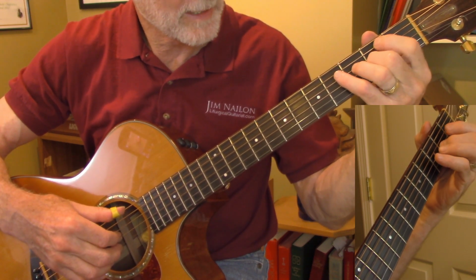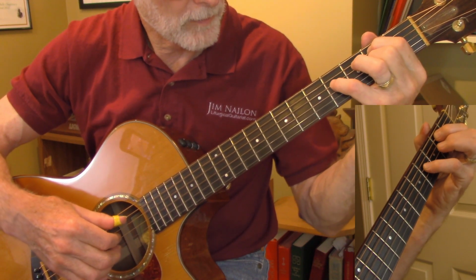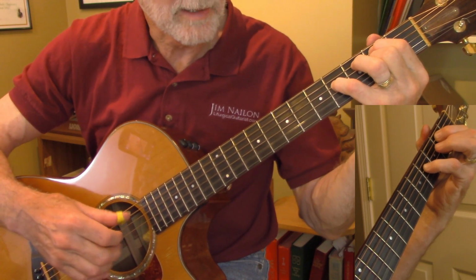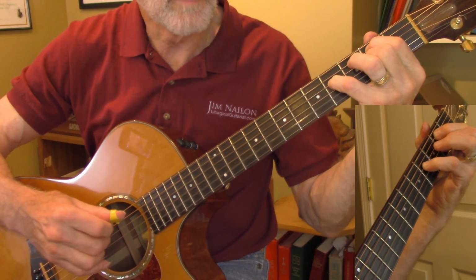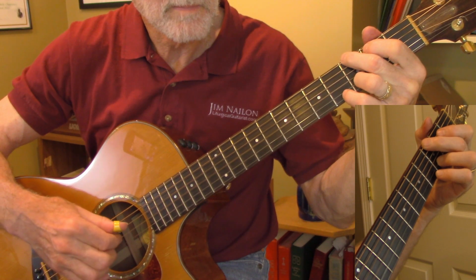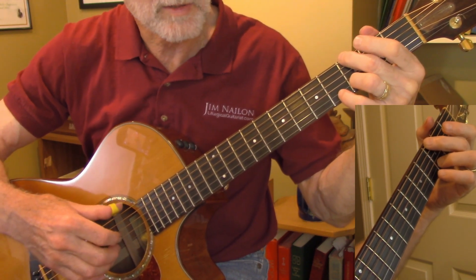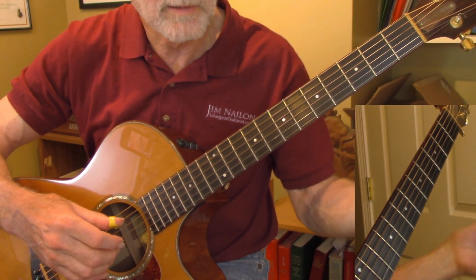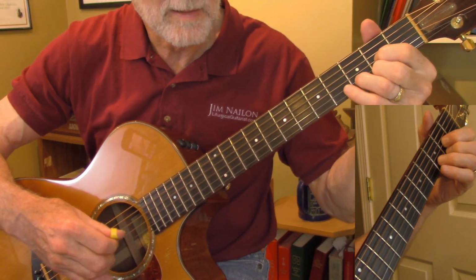First finger on the second fret of the fifth string, second finger on the second fret of the third string, little finger, fourth fret of the fourth string. So, an open second string. And then a G chord, with the melody on the third fret of the second string. And then A, which is really, you're not playing anything on that, you're playing all open strings for one beat. And then D,